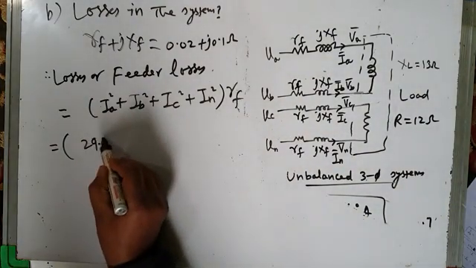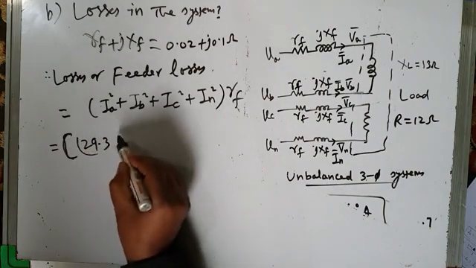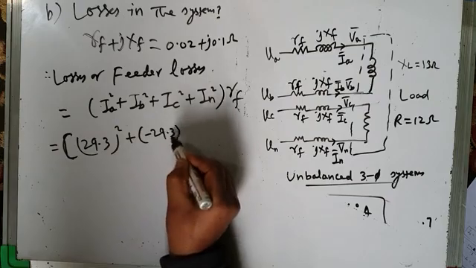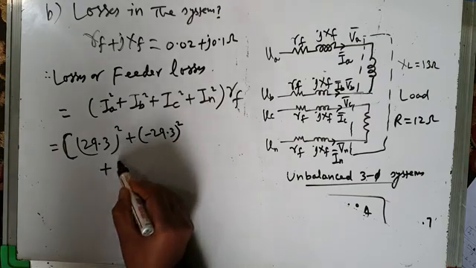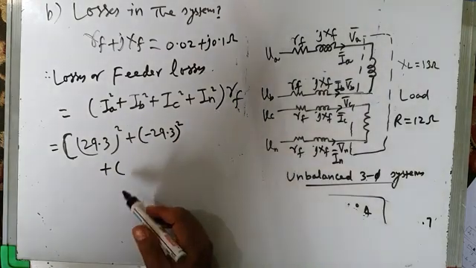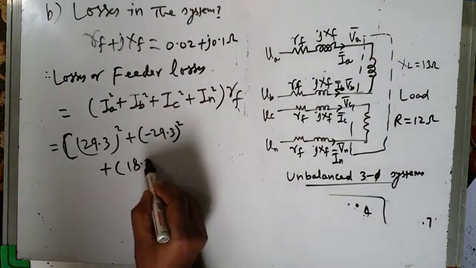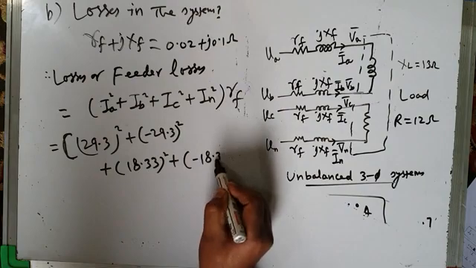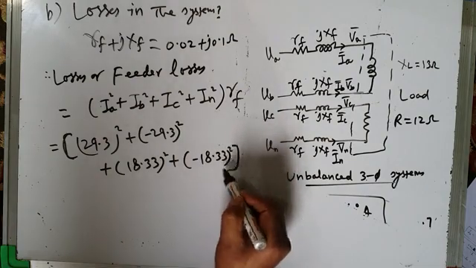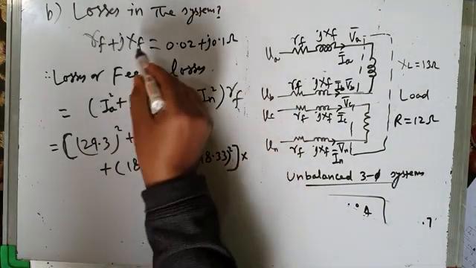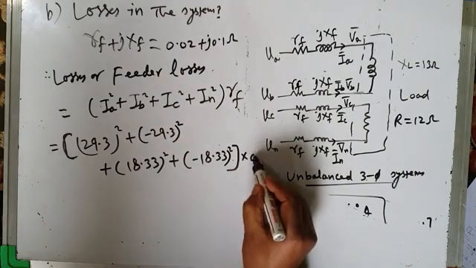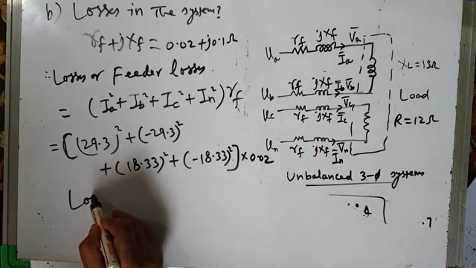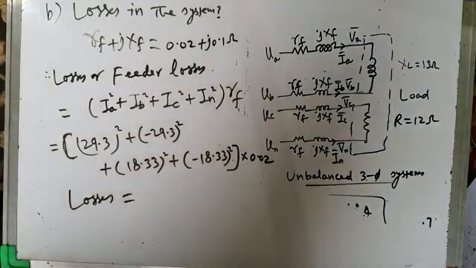It is 29.3 square here, plus IB is minus 29.3 square, plus IC is 18.33 square, plus neutral current is minus 18.33 square into RF. What is the feeder resistance of each line? 0.02 ohm. So when you compute this, it will give you the line losses or feeder losses equal to, I have